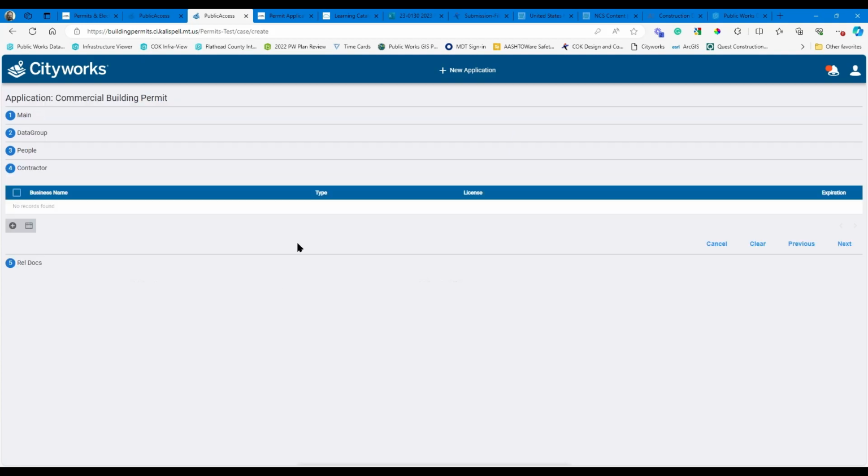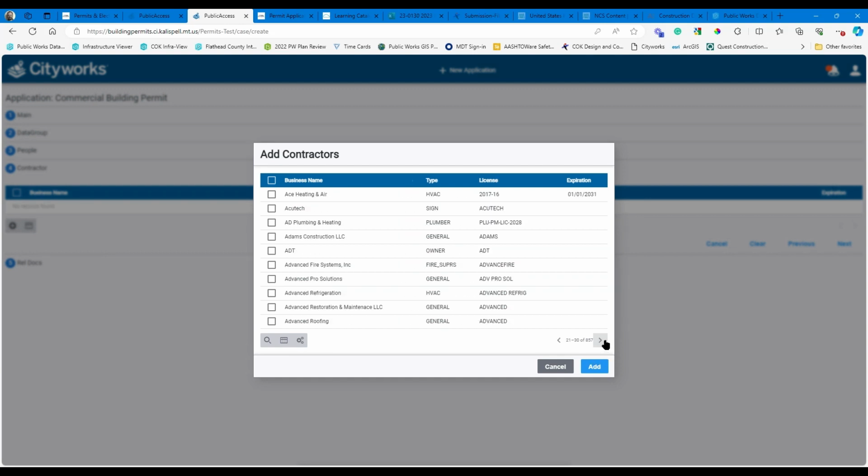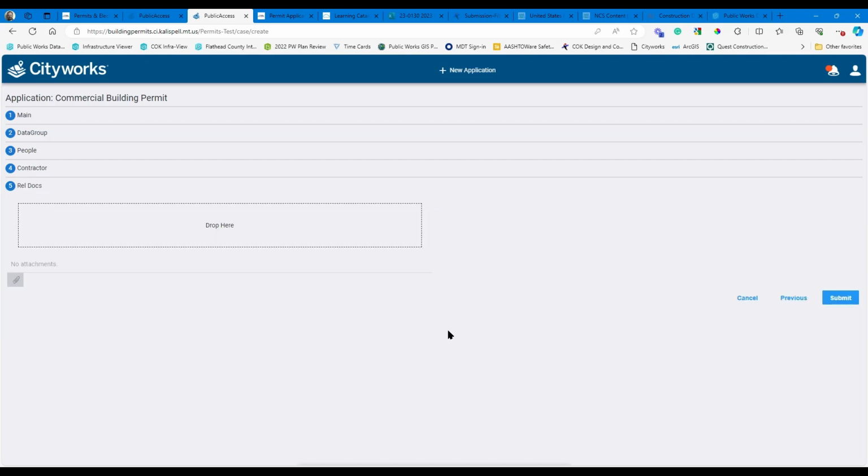Now, under next, you're going to enter in your contractor information, and you can utilize all the contractors that we have in our database. In this case, I'm going to leave the contractor out so that I don't send an auto-generated email, and click next. So in this portion, this is where you add in all of the required documents for